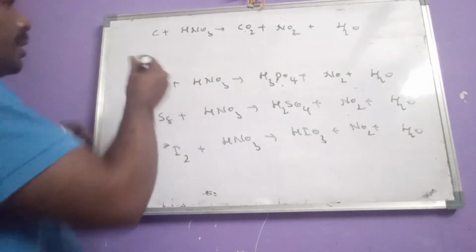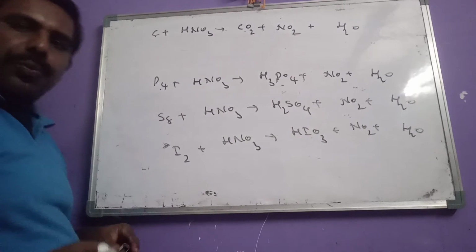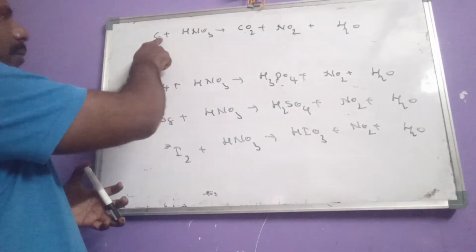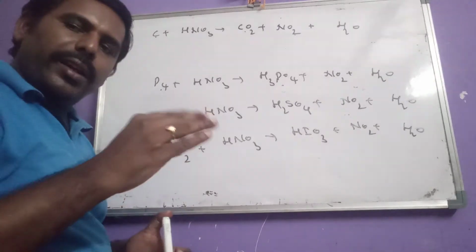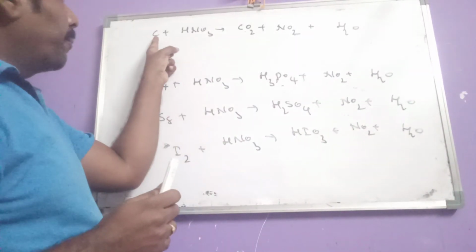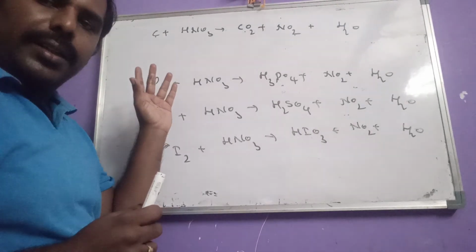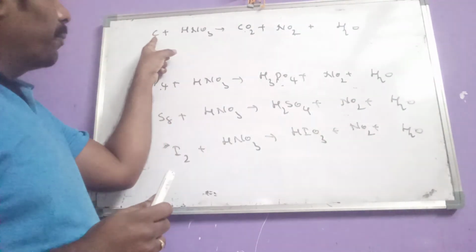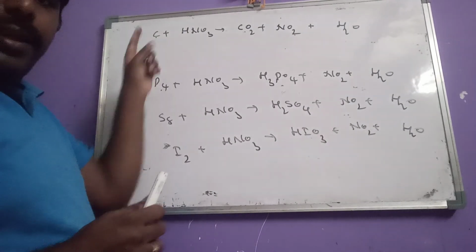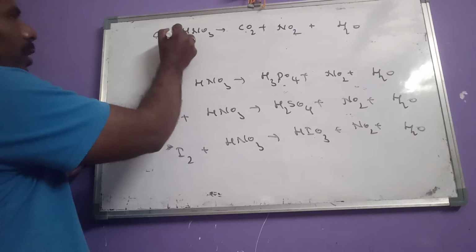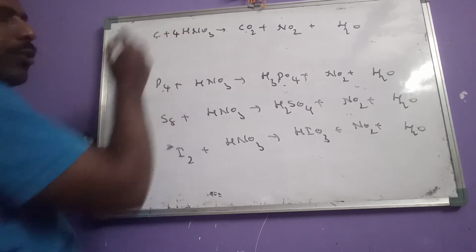See here, we know that carbon group number is how much? 4th A group. Here one carbon is there. So 4 into 1. That means what we are doing? Group number of that non-metal and number of such type of elements. Here group number 4, only one carbon is here. So that means we have to multiply 4 into 1 means 4. Write the 4 here.